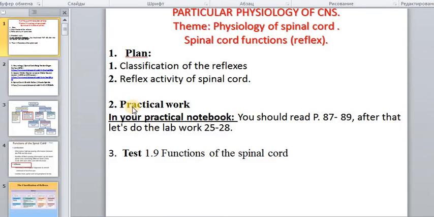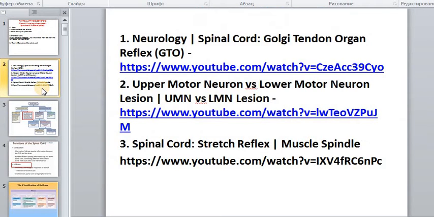As usual, we have the practical work. Today we will have a lot of work in our notebook and video files. As usual, we have the test on our page in Moodle. It's 9 tests on the functions of the spinal cord in general. And as usual, we will have many links to videos that tell in more detail about the functions of